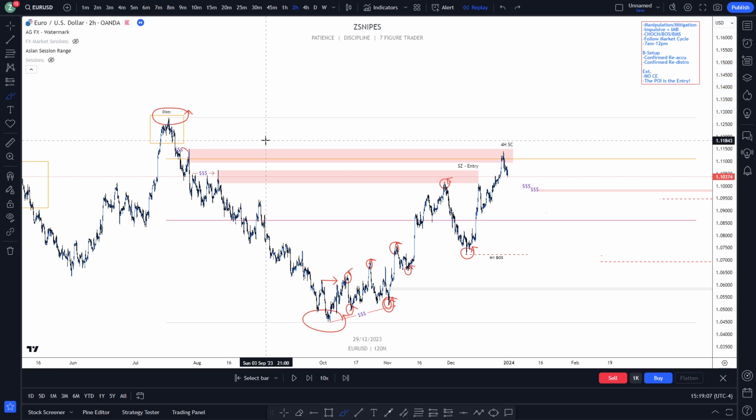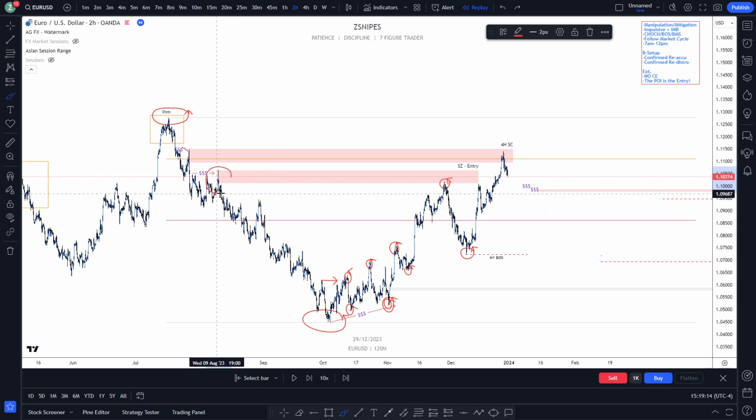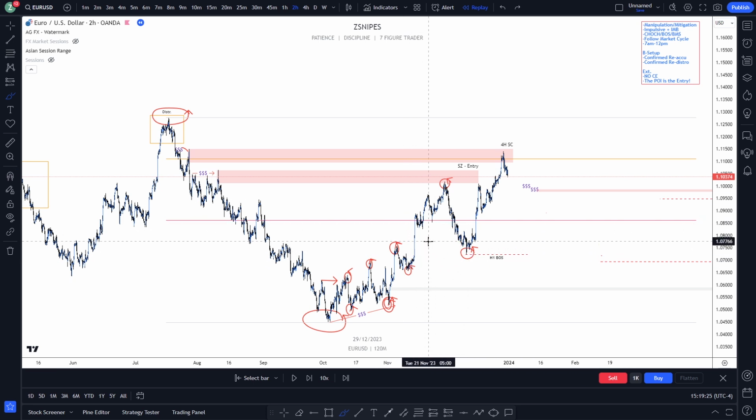We know that higher time frame is bigger than intraday time frame. So what does that mean? Higher time frame is going to have a higher probability than intraday time frame. So once we get into higher time frame supply zones, such as this area right here, we're going to be looking for sells. As you can see right here, we have a good reaction to the downside. But what do you see? The market is just filling in the imbalance, mitigating the intraday that we have going up and going higher.